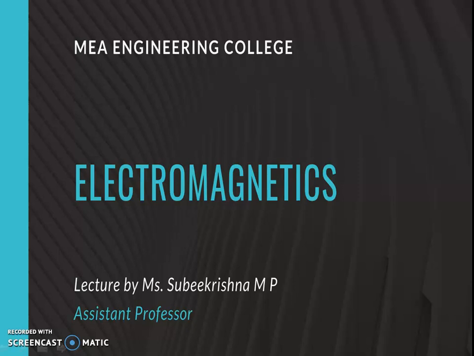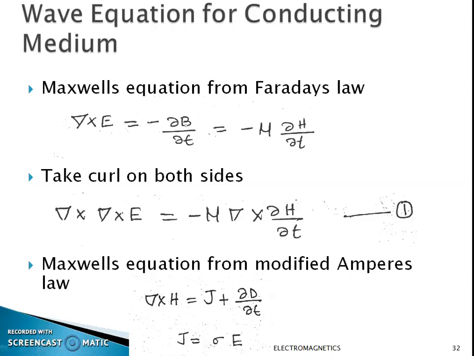The electromagnetic wave equation can be obtained from Maxwell's equation. Then we know the waves are flowing through a medium or in vacuum. When a wave is flowing, all the parameters that are related with the wave are also changing. The relation between all the parameters of the wave is known as the wave equation. So, first we will study about the wave equation for conducting medium.